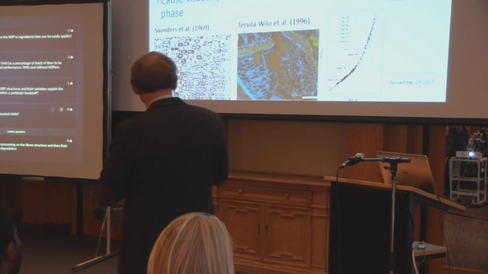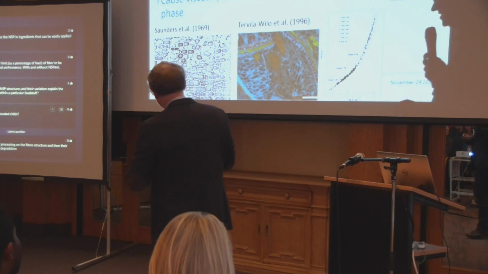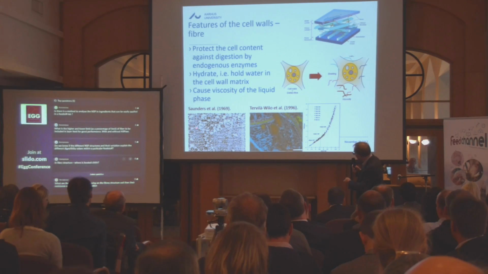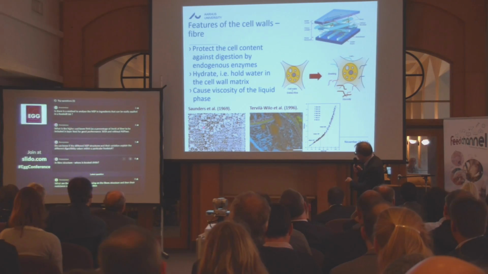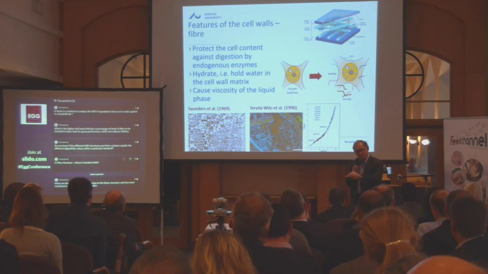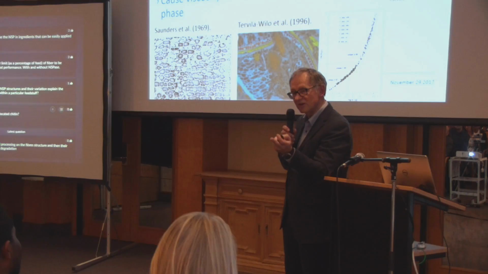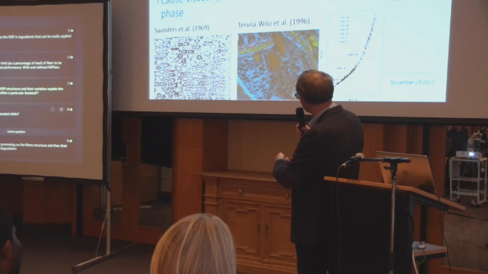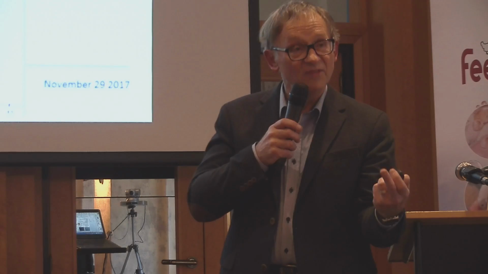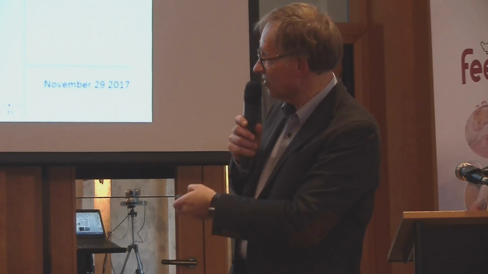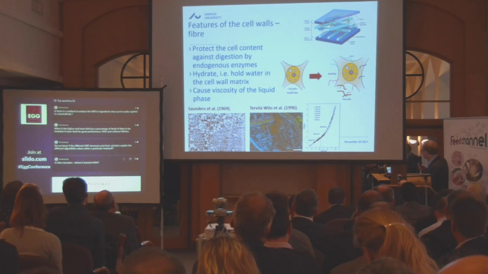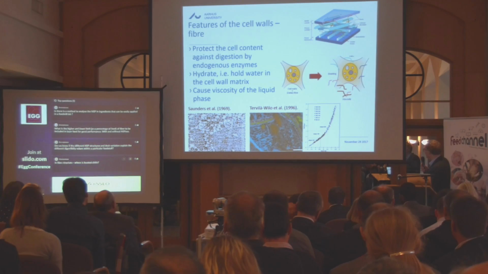And that is a way by which we are not utilizing the nutrients in the feed in an optimal way, because these cell walls are actually protecting the cell contents against being digested, meaning that there is a lot of protein and also amino acids locked within the cell structure, which just pass down to the lower part of the gastrointestinal tract. There, I believe, even with broilers, at least some part of it can be handled by the microorganisms. So that is one of the important aspects about the fibers.